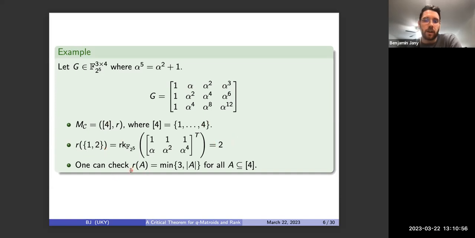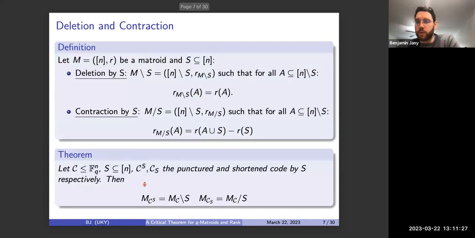And if we were to check all the different rank values, we would see that the rank function satisfies this nice equality here. Okay. And those are called uniform matroids when you have this nice equality for the rank function. And those uniform matroids are really closely related to a class of codes called MDS codes. Okay, so now after this example, let's look at a few notions and operations we can do on matroids